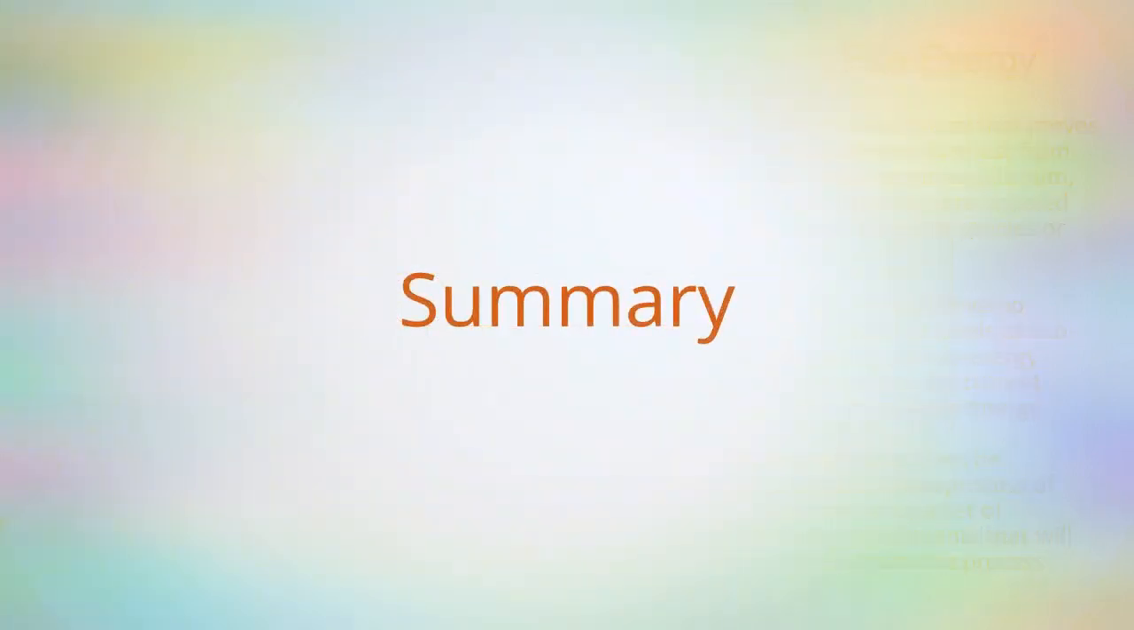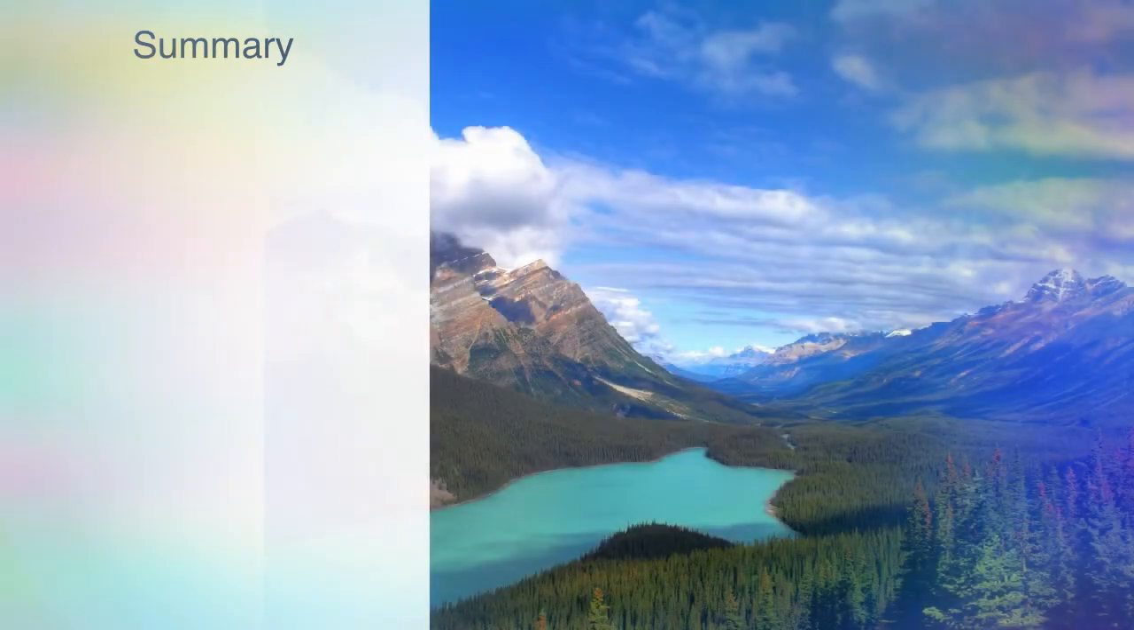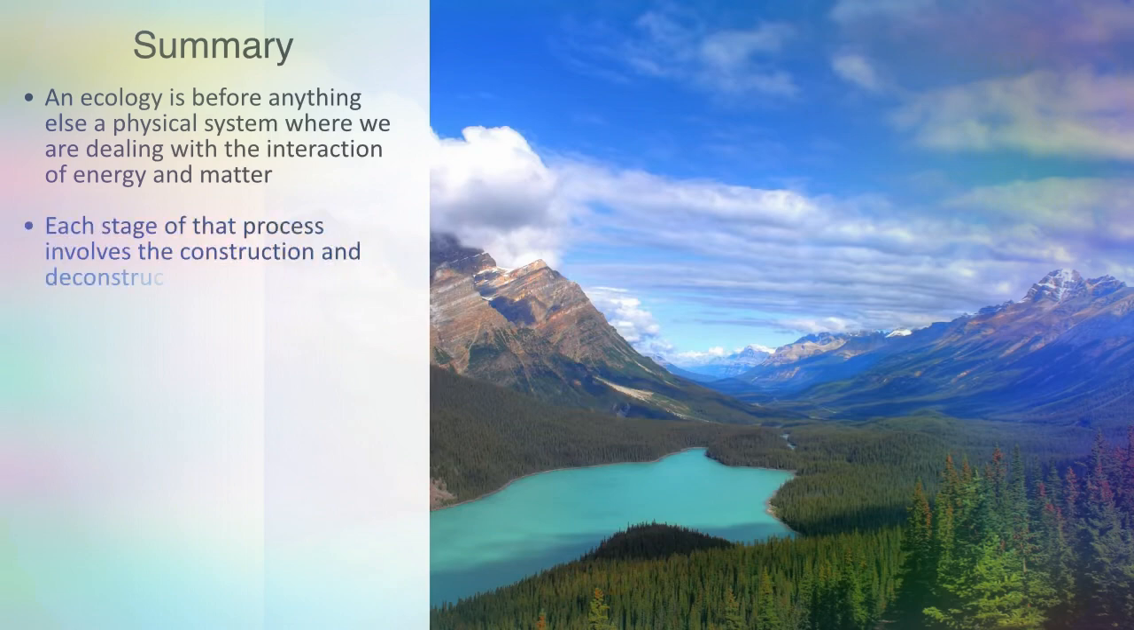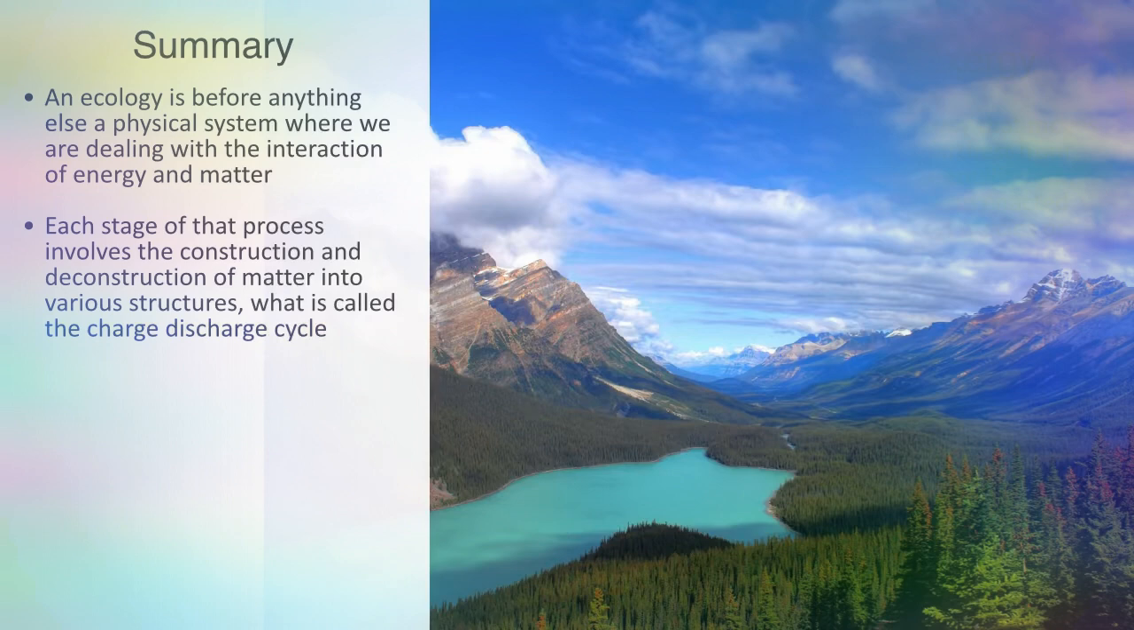In this module, we've been taking a very high-level overview of ecologies through the lens of systems theory. We first discussed how an ecology is, before anything else, a physical system where we're dealing with the interaction between energy and matter. Energy is being processed through the system, and each stage of that process involves the construction and deconstruction of matter into various structures, what is called the charge-discharge cycle, as energy is processed across some gradient through a network of biotic and